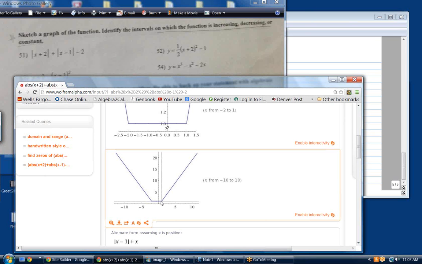Okay, and then it's increasing from 1.2 to positive infinity. So you have 3 intervals. You have the decreasing interval, you have the constant interval, and then you have the increasing interval. Now, to get the exact x value of that,